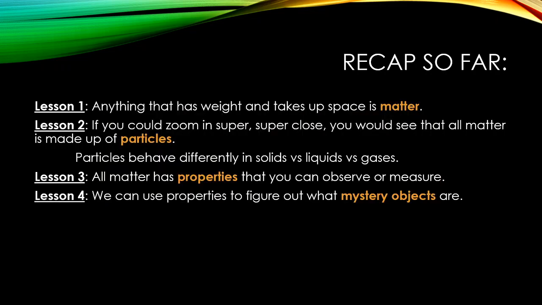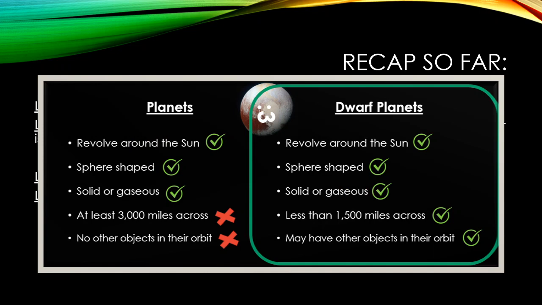In lesson 4, we talked about how we can use those properties to identify mystery objects, to figure out what mystery objects are. And that's why we talk about properties so much in chemistry, to figure out what it is that we're looking at when we have some mysterious chemical or object. The example that we used was our friend Pluto, the dwarf planet. And we said, well, scientists were trying to figure out whether Pluto was a planet or a dwarf planet. And so they looked at all the properties of planets, and they looked at all the properties of dwarf planets,